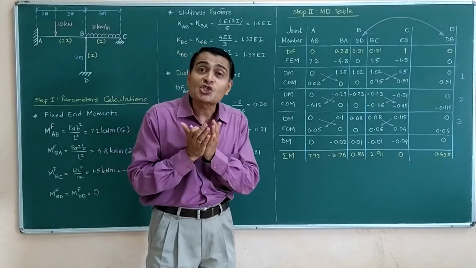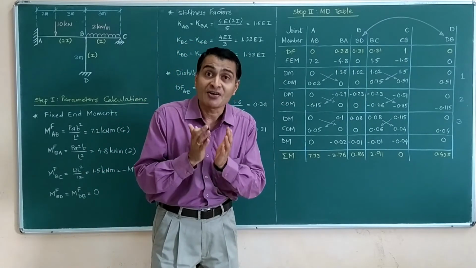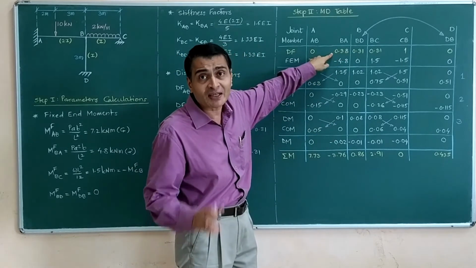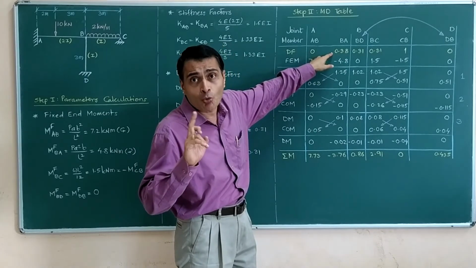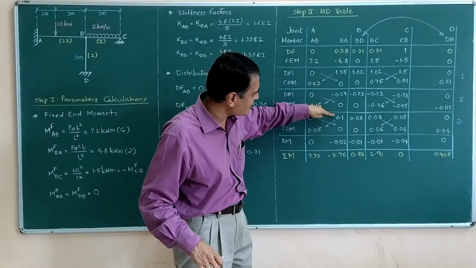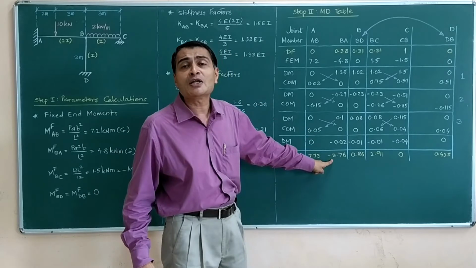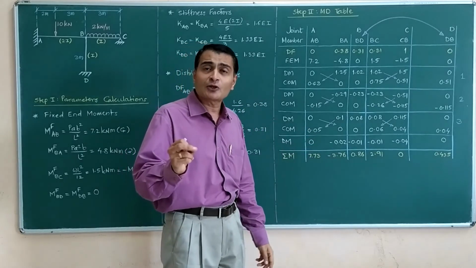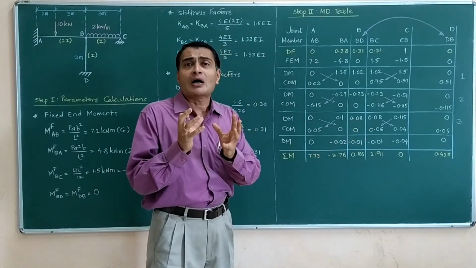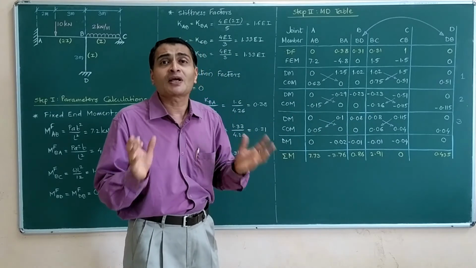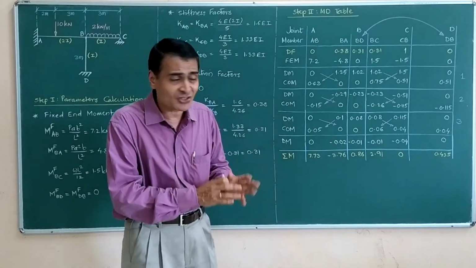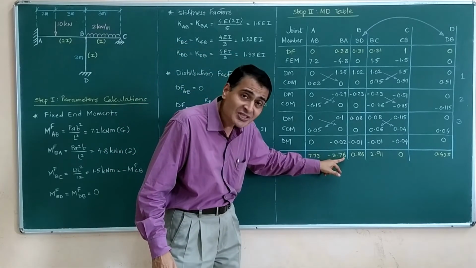And now how do I check whether the joint is balanced or not? Very simply, I will sum up these moments, but I will not include the distribution factor, mind you. It's a factor, it's not a moment. You are summing up moments. So I start from this plus this plus this plus this plus this. This has given me negative 3.76. Please check whether you get all these entries. There might be some rounding error, approximation error, that is alright. But otherwise you should get very close answers. So I am getting negative 3.76 here.